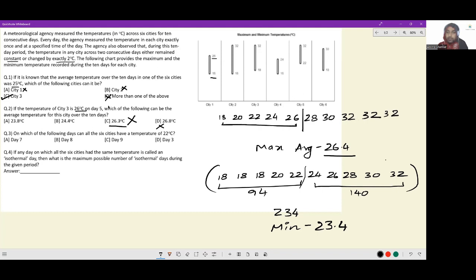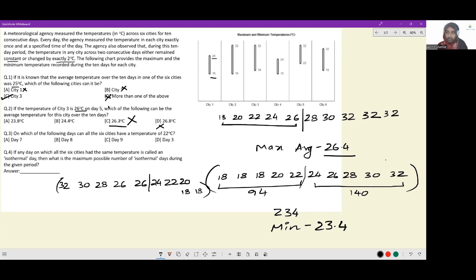It can happen this way, or the other way it can happen is if I bring it down 32, 30, 28, 26, 26, and then on the rest of the 5 days, I bring it down to 24, 22, 20, 18, and 18. The first 5 days I keep it this way so that on the 5th day I have 26, and on the rest of the days, why I'm choosing to take up this path instead of